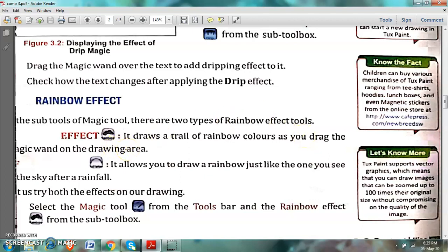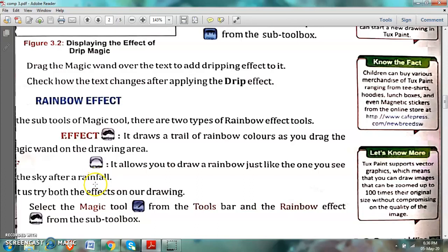So when you start dragging the magic wand, you will see the trail of the rainbow on the screen. This is real rainbow, the rainbow which you see after the rain in the sky. It allows you to draw a rainbow just like the one you see in the sky after the rainfall.